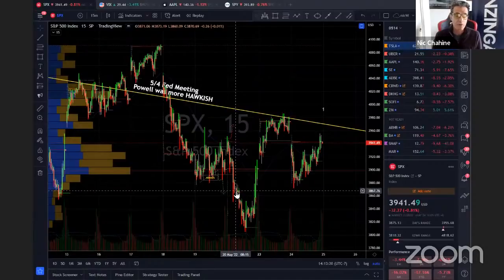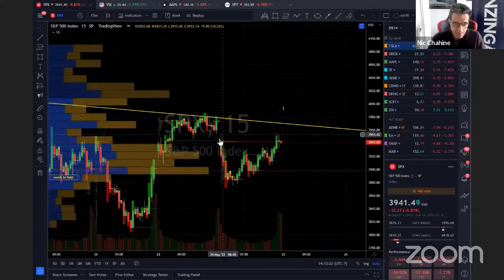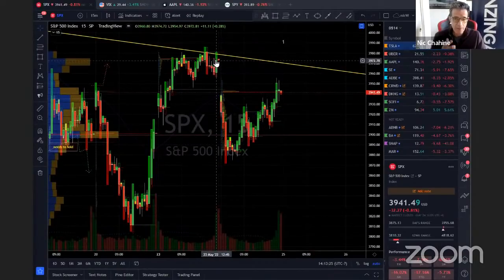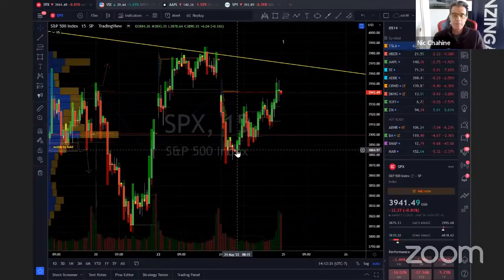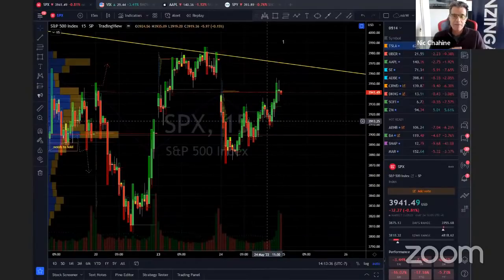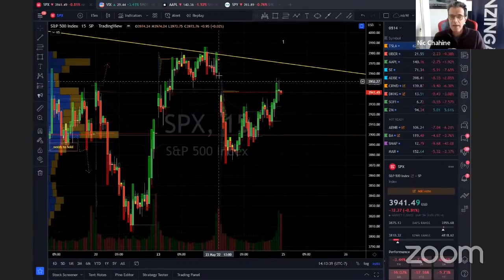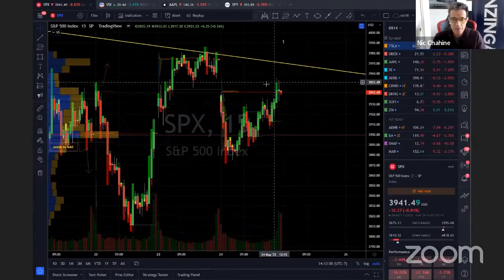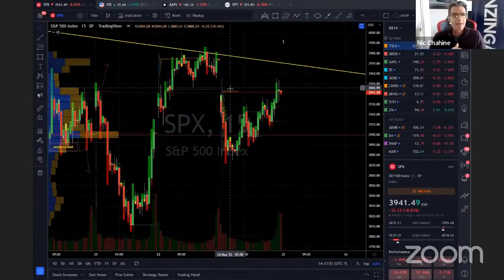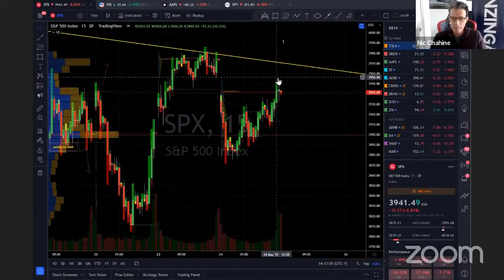And I said the last burst to close the gap, this was the gap for today. So this is how we opened. Catastrophe. Bought the dip in a couple of places, shorted a couple of things based on the charts. And then somewhere around here, I said, what if we close the gap? So I said, I would buy a call or a call spread that ends today because the bet is on today. I said, if we get a burst into the gap, I would close it as soon as it hits halfway of the gap. And look how the price action, they got to halfway, they burst a little bit higher.